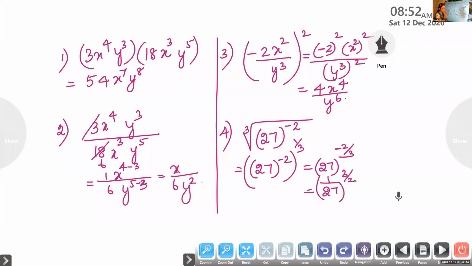Is it correct? Which is same as 1 raised to 3 by 2 by 27 raised to 3 by 2. So that is same as